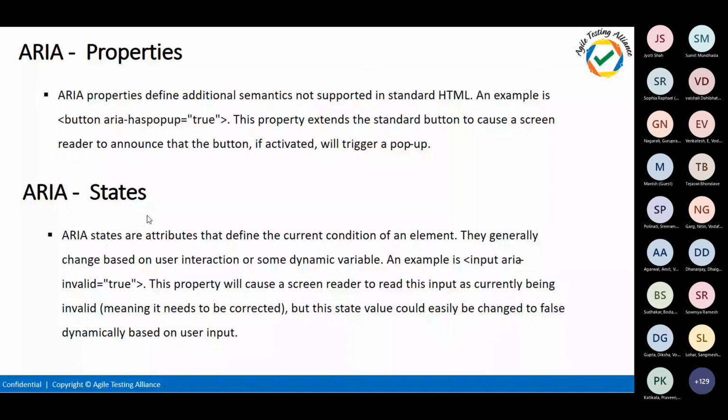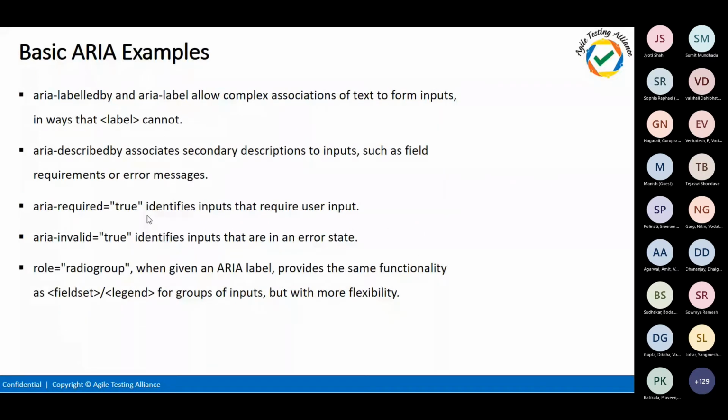With that, a few more examples I can give, like aria-required. Whether the element is required or not also talks about the state. Whenever we are filling forms, we have to mention that aria-required is set, so that the screen reading software also says, okay, this is a required element.